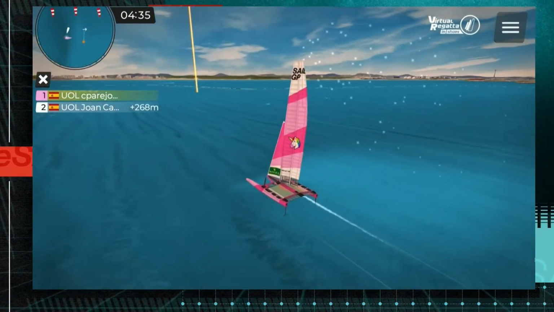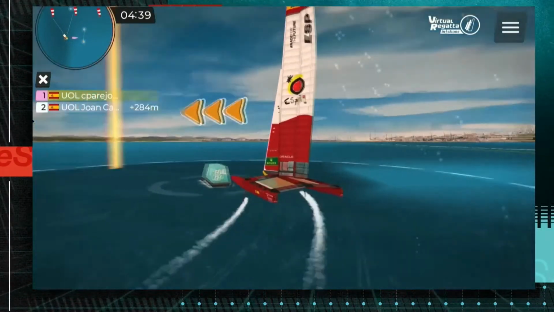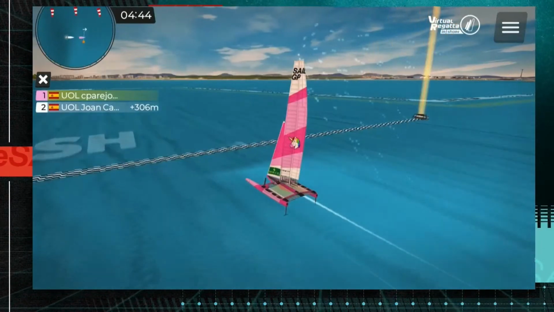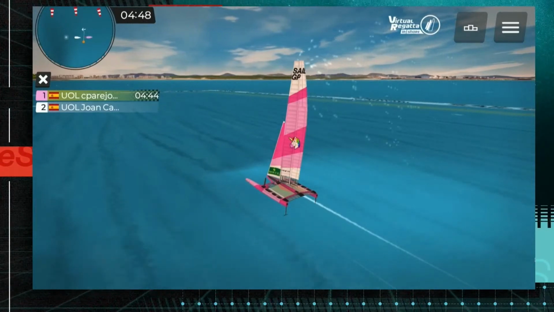And then the boat in second position just waits for that mistake to come. And in this race, the mistakes never come. And we have a leader with a huge lead going to the finishing line. So it's Parejo. He had a good start, wasn't too aggressive, and he just had more speed and rolled over